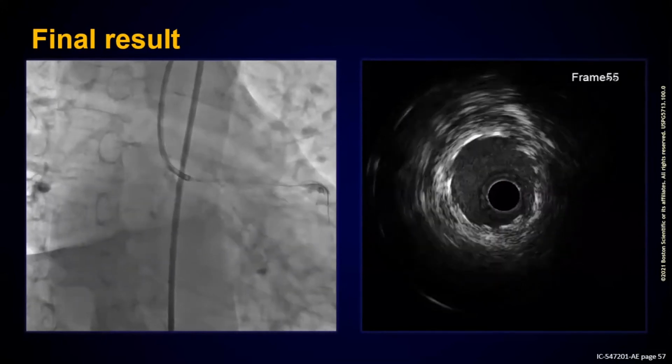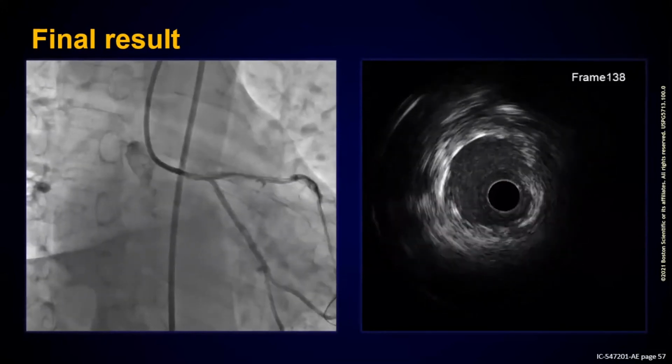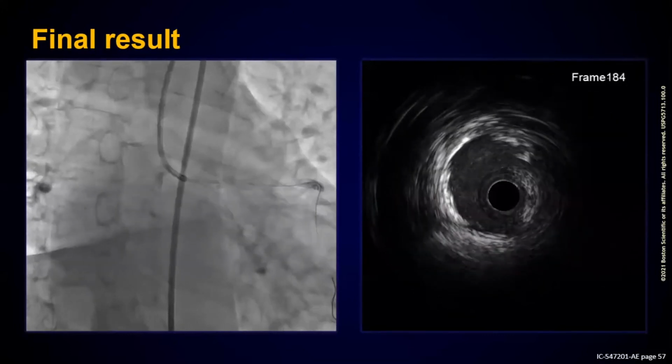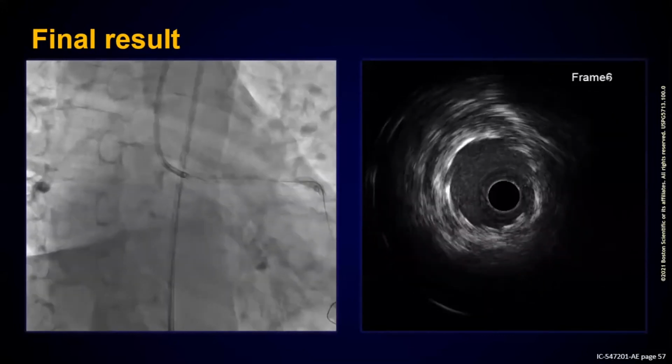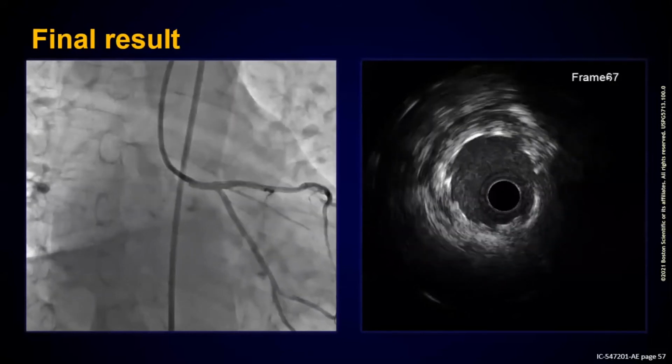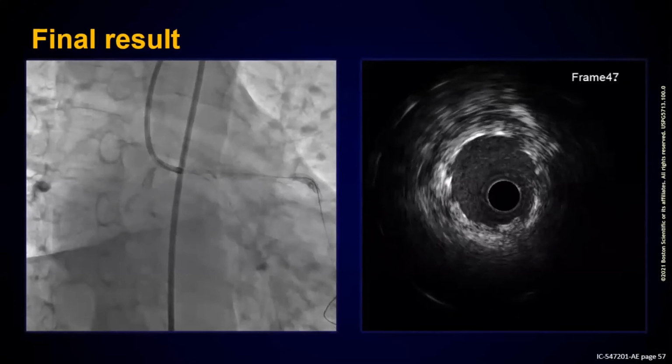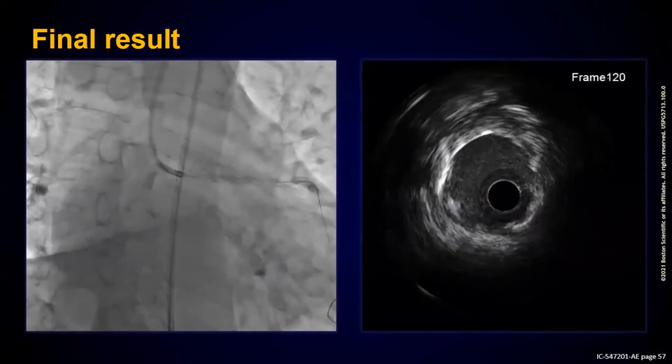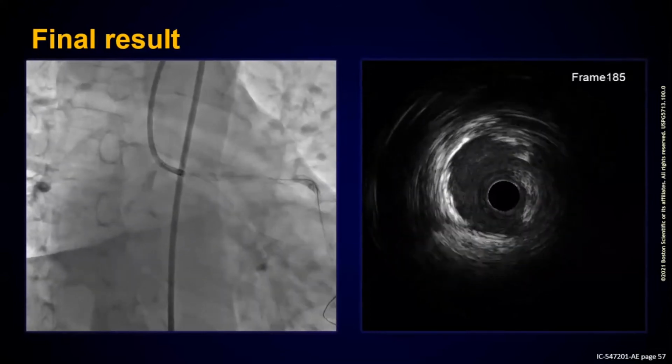To be honest with you, that's why I mentioned whatever technique you know better, that would be the technique. Although the data about DK crush is the best, even with DK crush you do not have to follow every single step. You can still modify and do the DK crush